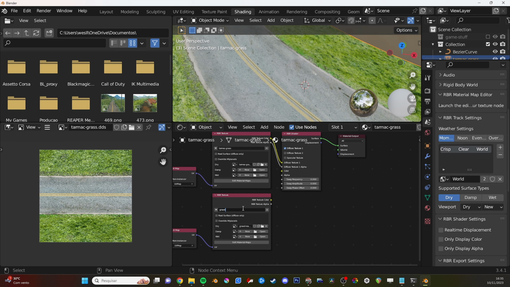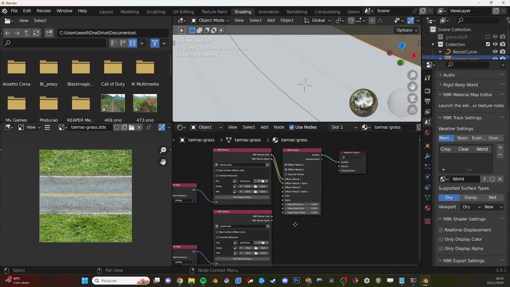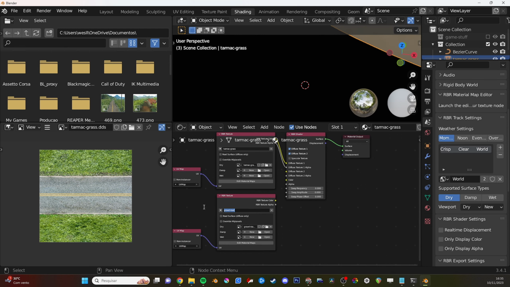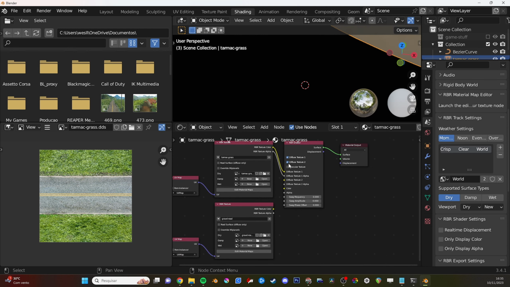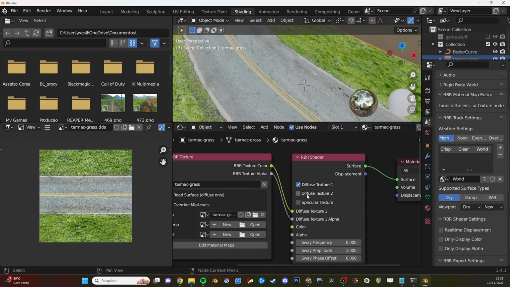It's always good for you to properly name everything, because at some point of the process you get some exporting error. The add-on will give you a name where the error is, and if everything is not with proper names, we will not know where you made a mistake. So name everything properly. So I'm gonna click here on the diffuse texture 2, a bit small,